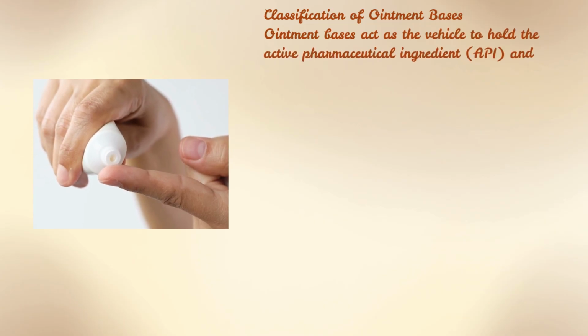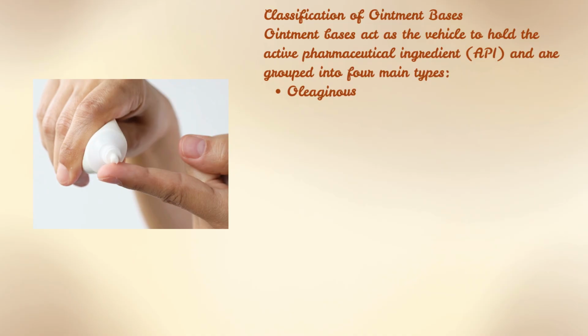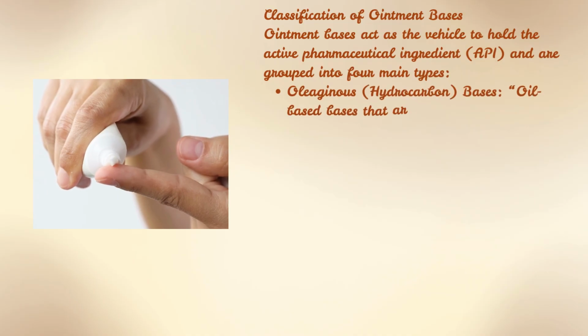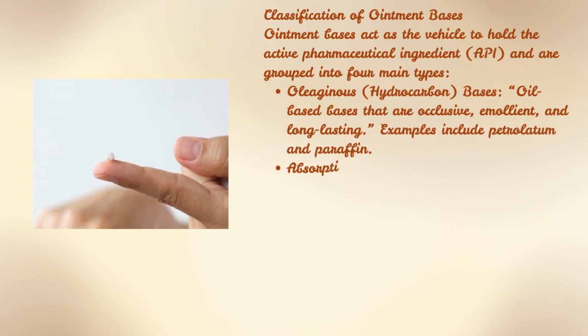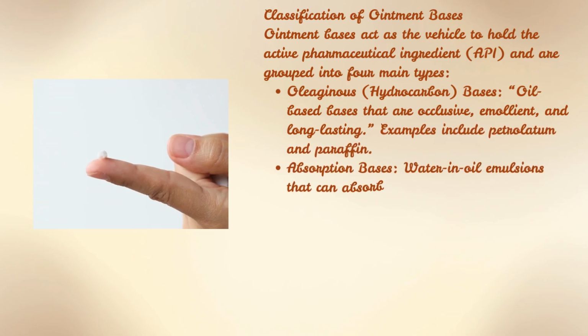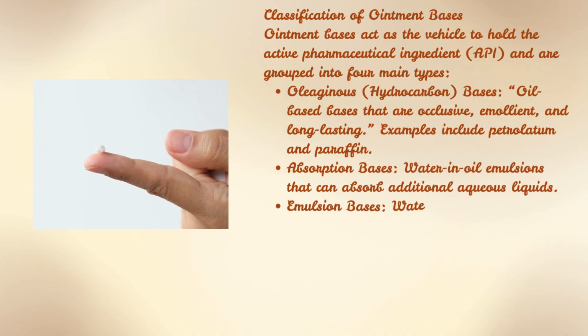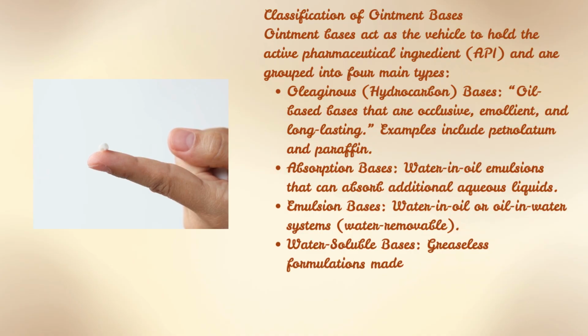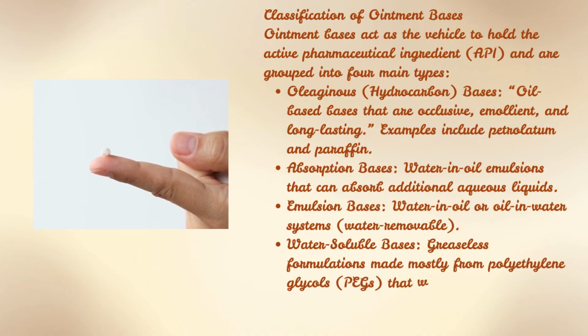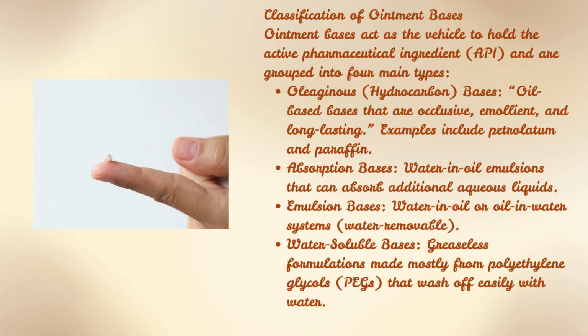The second type is absorption bases. These are water-in-oil emulsions that can absorb an additional amount of water while maintaining the consistency. The third type is emulsion bases. These may be water-in-oil or oil-in-water systems. They are generally water removable and provide good patient acceptability. Finally, we have